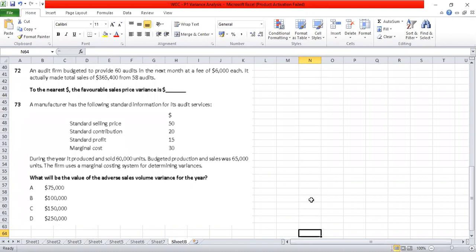An audit firm budgeted to provide 60 audits in the next month at a fee of 6,000 each. It actually made total sales of $365,400 from 58 audits. To the nearest dollar, the favorable sales price variance. The actual sales value is already given. Price variance is the difference in the prices, the standard price and the actual price, applicable at the actual quantity. So actual quantity into